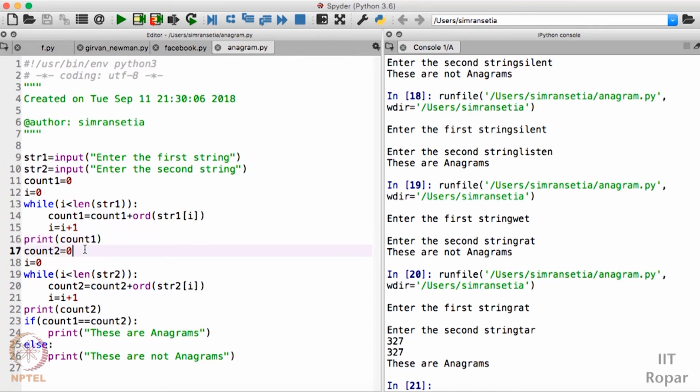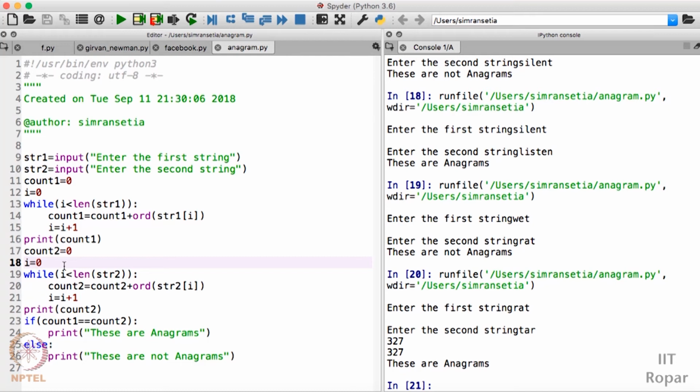Then we are initializing another variable, that is count2, which will store the sum of ASCII values of the characters of str2, and then we also have I is equal to 0. Why do we need to do this? Because we have already incremented I in the previous loop, and we are using the same variable here, so we need to initialize it again.